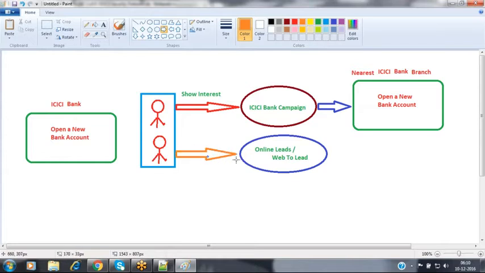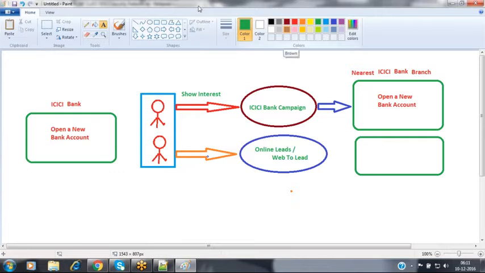Not only by conducting campaigns, we can also capture the lead record online. How can we capture the lead record through online? By using our organization website. In that organization website, we place a form.